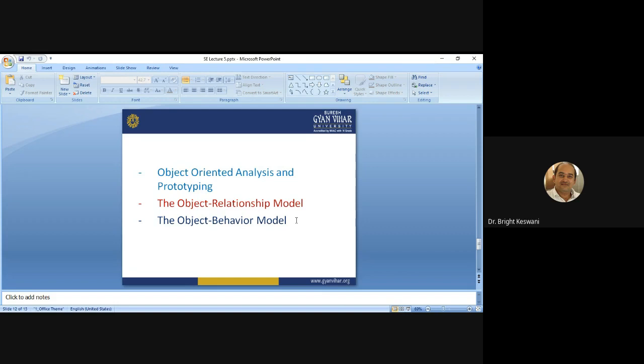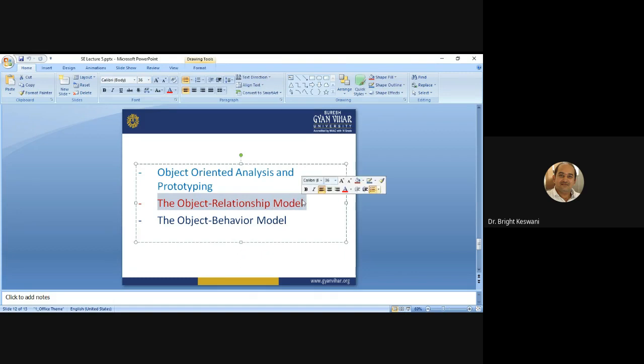Now come to the next point, the object relationship model. We had discussed CRC already. The CRC modeling first established the first element of class and object relationship. During this establishment, the responsibility of each class is understood.